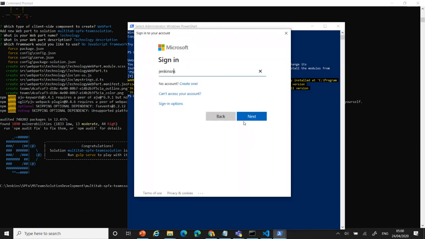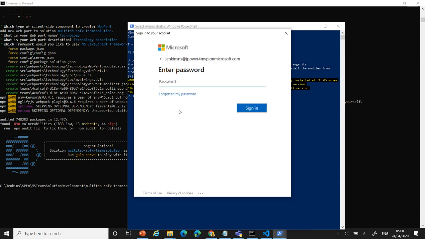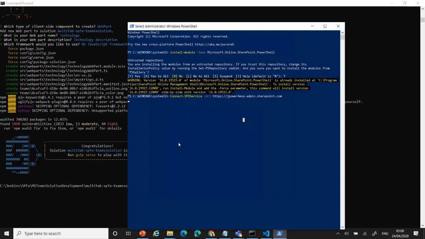I can log in with my login credentials for mep on Microsoft.com. After login, you need to know where you can use connect. It's connecting to that. Just to verify whether the SPO tenant CDN is already enabled or not. If not, you can set the SPO tenant CDN enabled. This is just connecting.